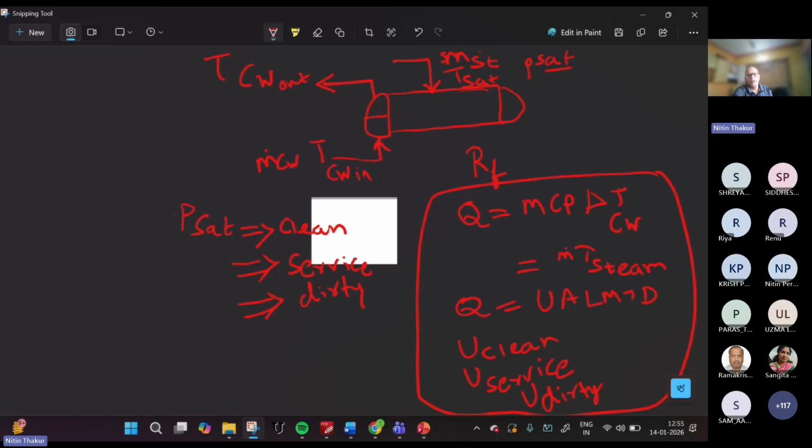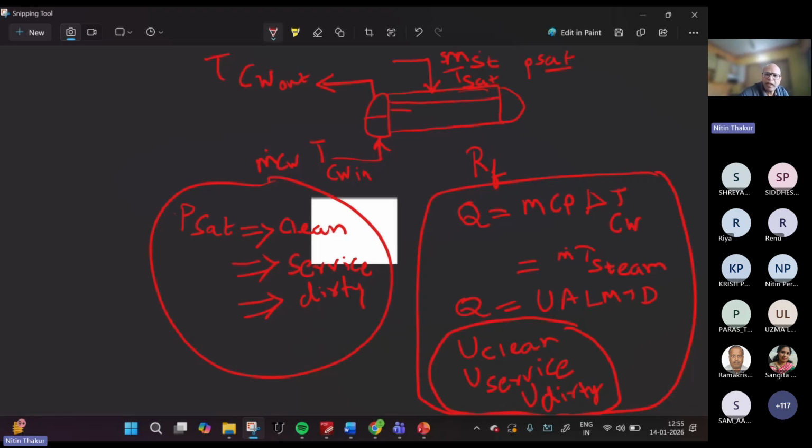So we used these two parameters for understanding the health of the condenser. And initially, our goal was to understand